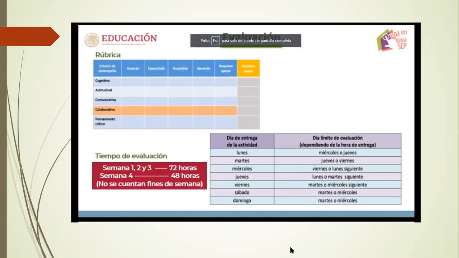Of course, we can be working and you can find me sometimes online in the platform, because most of the students submit their activities during the weekend because it's when they have more free time to do their homework, and it's okay. But we are not obliged to give you feedback during those days. So that is important to know.